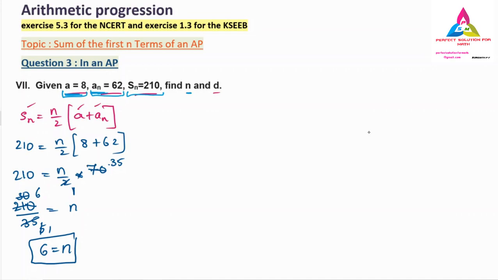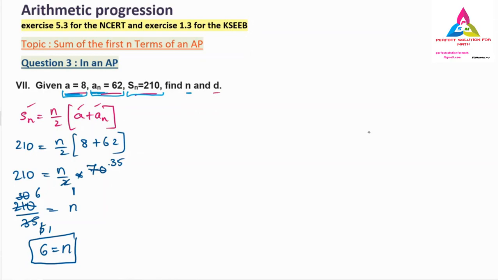In the previous question we have not gone through it this way, because there they have not mentioned the last term, so we have to go for that type of long process. But in this case it is the easy part, because they have given the last term for us, first and last term. The first thing, n value, already finished. Now we have to move on to the d value.